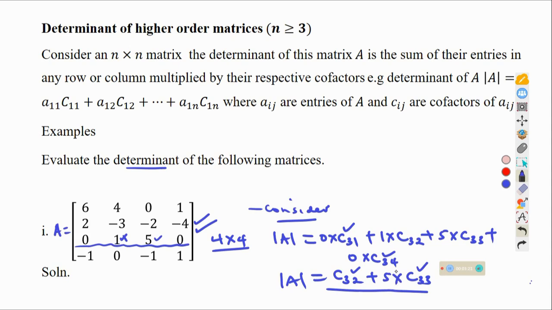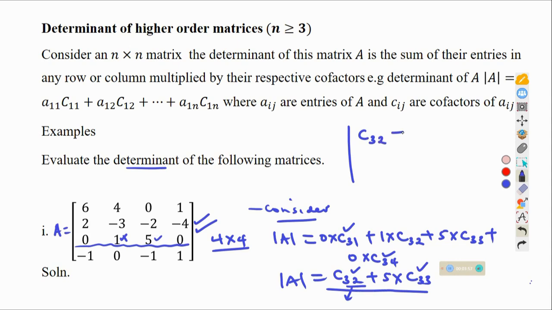So that is what we shall look at. We know how to get the cofactor 3 3. If you need the cofactor 3 3, or if you need the cofactor 3 2, you will need to eliminate the third row and the second column. But remember, to do that, you need to know the minor. So we need to first of all look at the interpretation of C